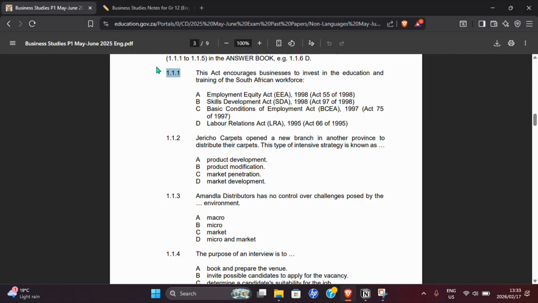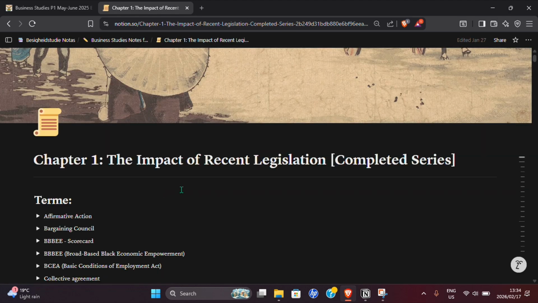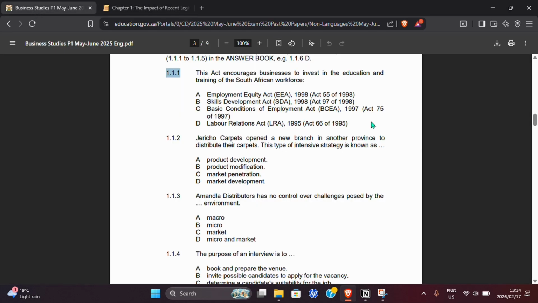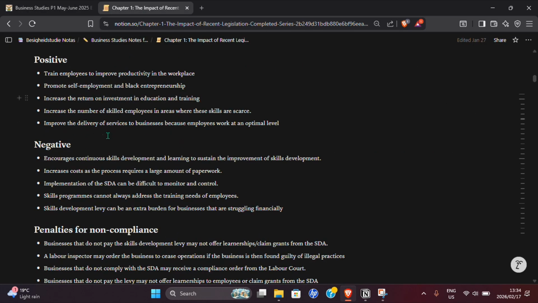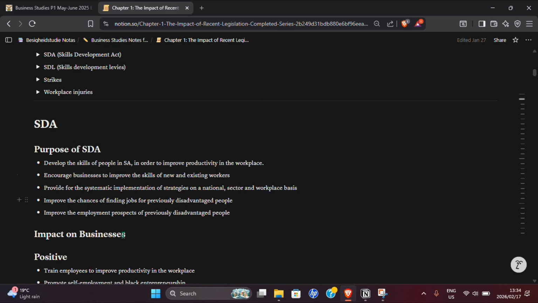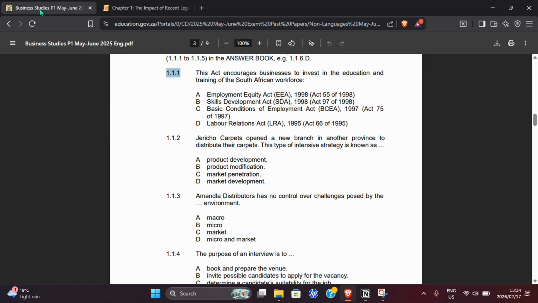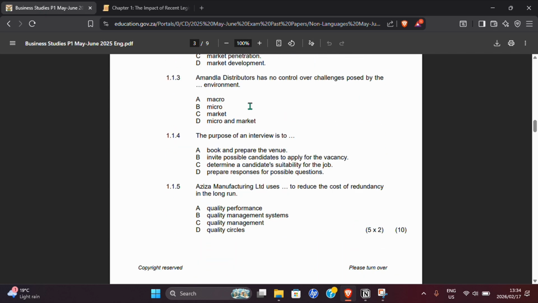Also, you can use the business studies notes to help you answer the questions. Remember, the more you do it over and over again, eventually you're going to start getting sick of it, but you're going to memorize the work in your head to the point where you can most likely just know off the top of your head what the correct answer is. So right here I'm going with B, which is the correct answer. Remember, you can use your notes to look for the answers to see if it is indeed correct. The memorization will happen when you do it over and over again. So do not try to cheat yourself out of that by not doing it over and over again when you see it appears over and over again.